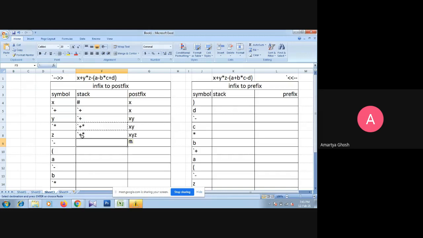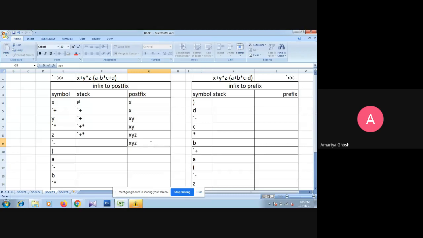So in this situation, all the operators that are higher than this newly inserted operator, all the operators that are higher, will be removed or popped out from the stack and sit into the postfix. Okay. So star and plus are both higher than the minus. So first of all, we have to pop one element from the stack. That means the lastly inserted one, that is star. That should be